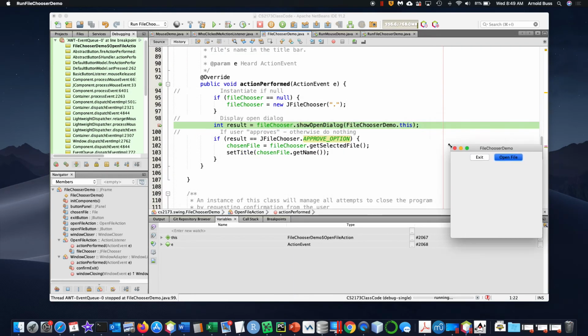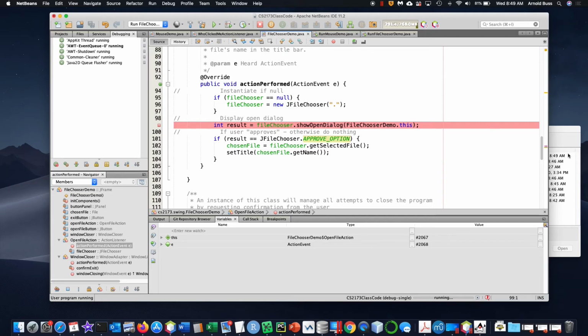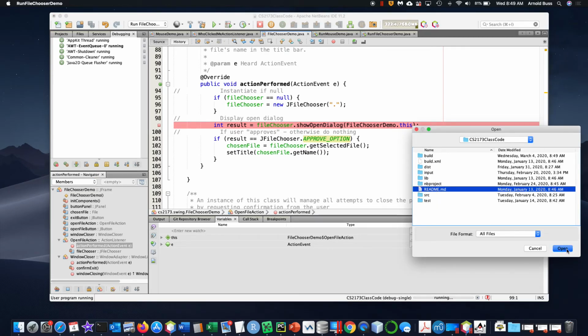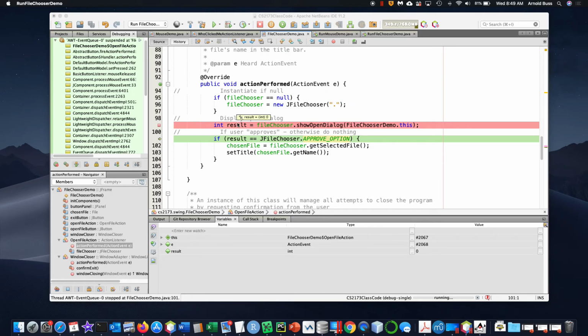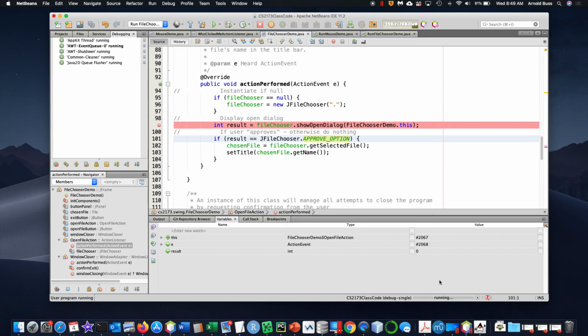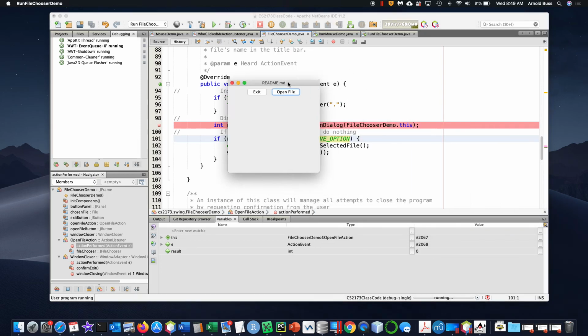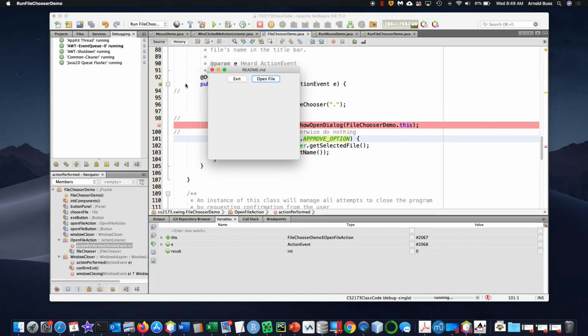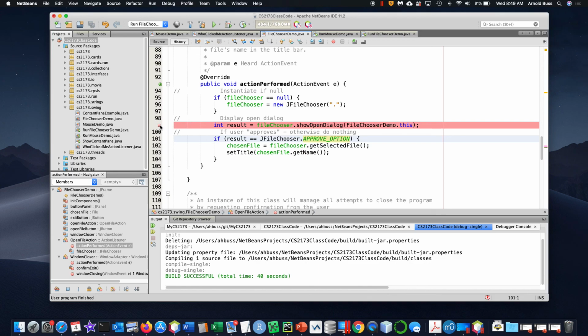Okay, so now when I take the next step, it's going to show me this. The value of result in this case is 0, and approve option happens to be 0 as well. So I don't know or care what those are. All I care is whether it's been approved or not. And so when I do that, then I see that the name has changed there. Okay, so that's the introduction to the file chooser, and then tomorrow what we'll do